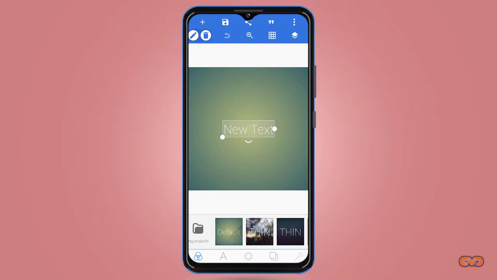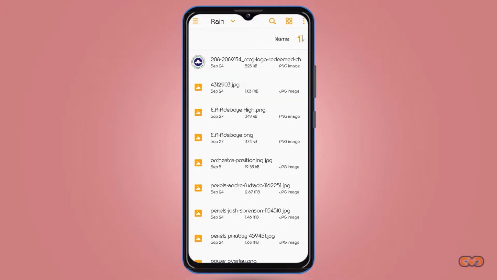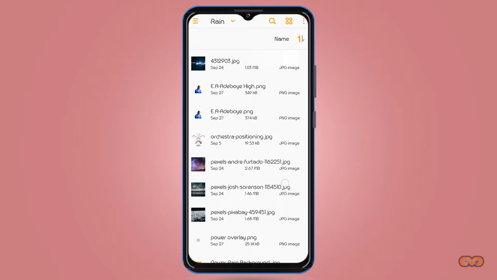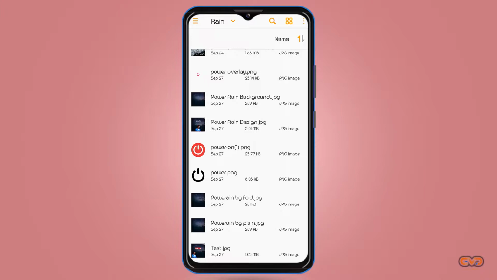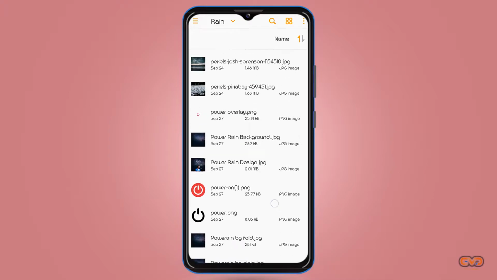When you are in Pixellab, this is the interface you expect to see, and in a minute we are going to change this interface to something we can work with. I'll be doing that by importing my background. So I'm just going to click on this plus icon over here and choose from gallery, and I have a folder containing all the resources I'm going to use for this design. And like I said, I'm going to leave it in the description box for you to download and use for yourself. So the first thing I'm going to do is to